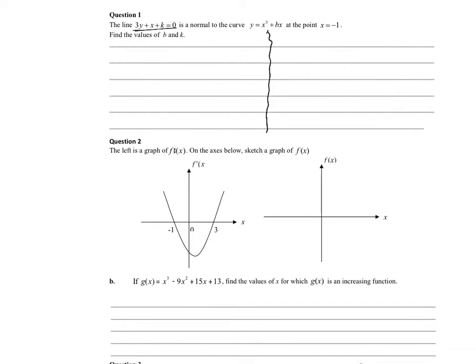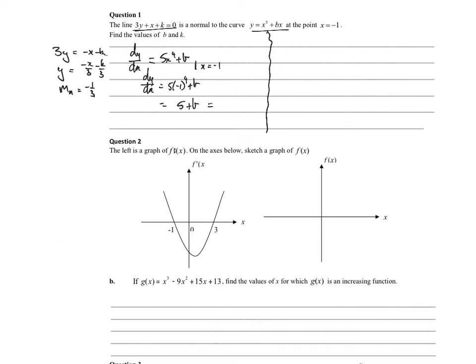So the normal line is given by 3y is equal to minus x minus k, y is equal to minus x on 3 minus k on 3. So the gradient of the normal is equal to minus 1/3. Now that's going to be related to the gradient of the curve at that point. So dy dx is equal to 5x to the 4 plus b. Now at x equal to -1, dy dx is equal to 5 times -1 to the 4 plus b, which is equal to 5 plus b. Now that has to equal